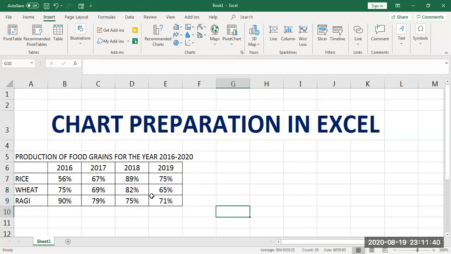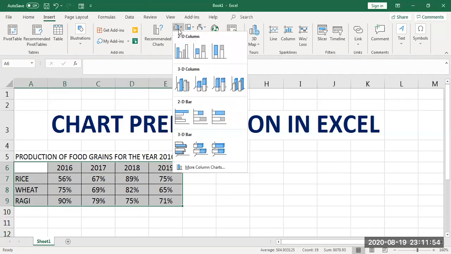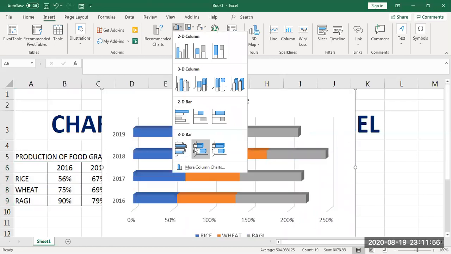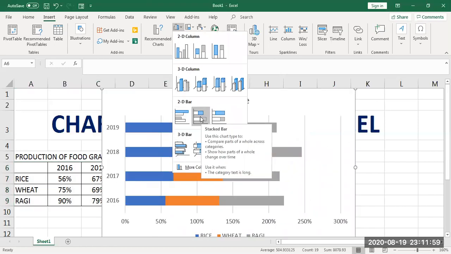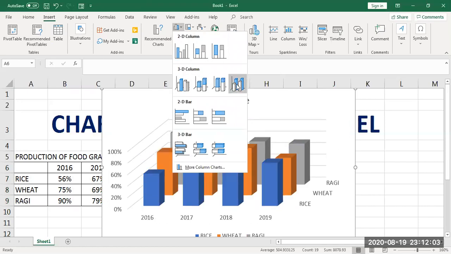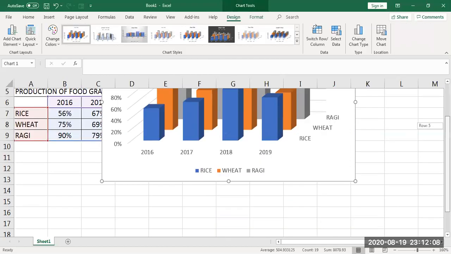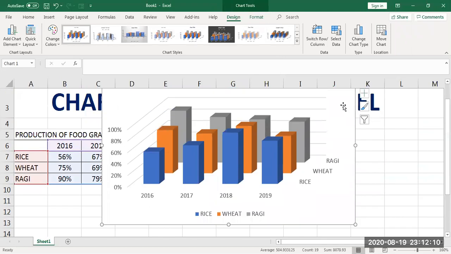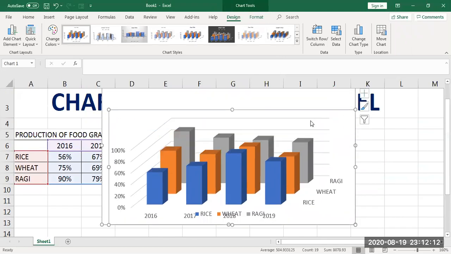So to prepare a chart, first prepare the data like this. First get the data ready, select it, then choose whichever chart you want. See, this time I want a bar chart. In the bar chart itself you have varieties of ways. Now you can see the chart being prepared in the background. I am selecting the 3D column chart. See, the chart is being placed. So your data is there, and the chart is also placed.